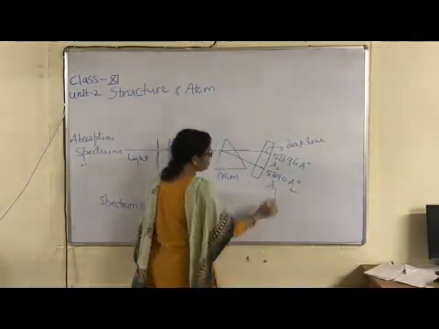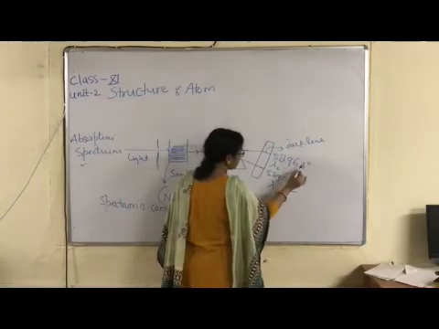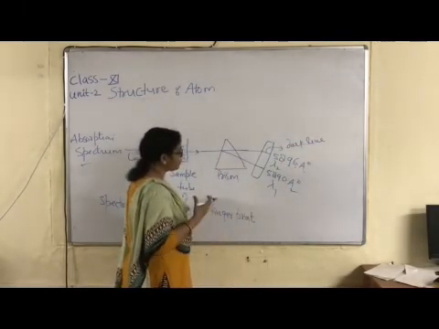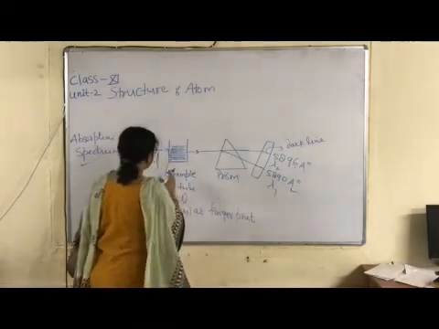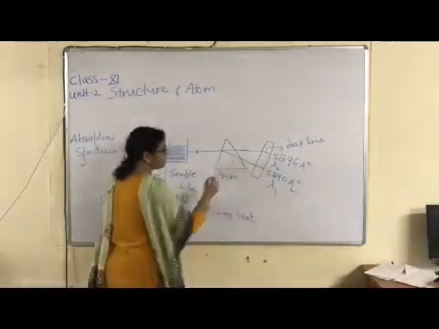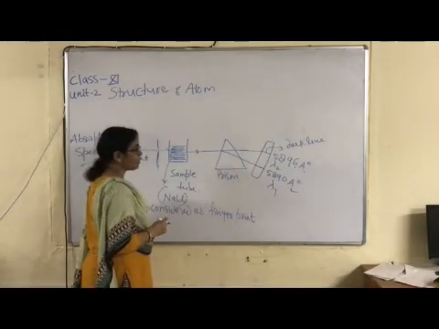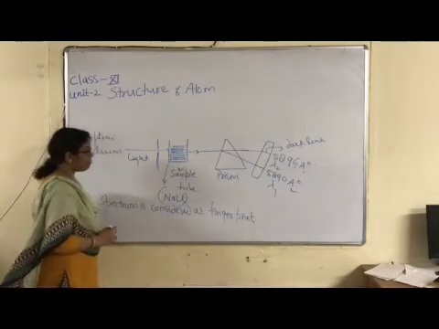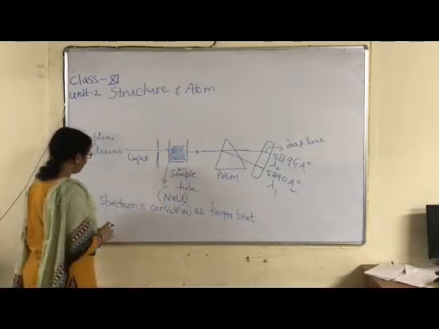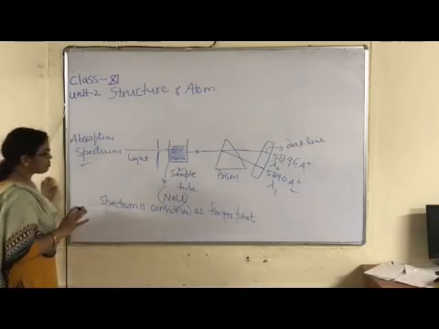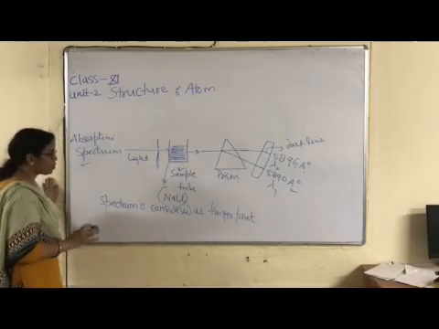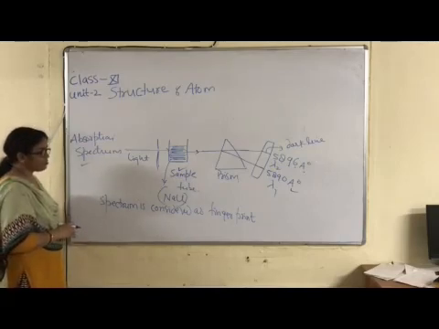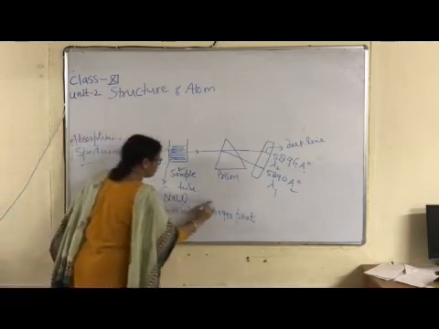Again, the same wavelengths are observed of the same magnitude. 5890 angstrom is wavelength 1 and 5896 angstrom is wavelength 2. But the appearance of the line is different. In case of absorption spectrum, dark lines are obtained because some wavelengths are absorbed by the chemical kept in the sample tube. But look children, spectrum is considered a fingerprint because different compounds show different arrangements of wavelength on this spectrometer. So this is a unique property of spectrum.